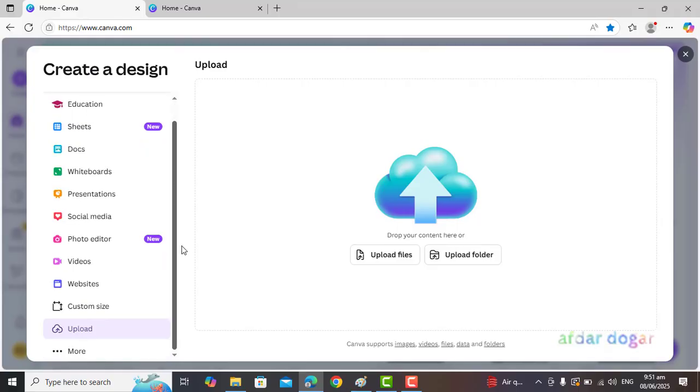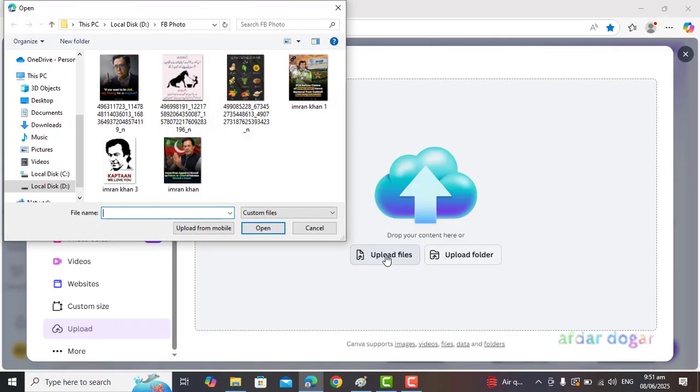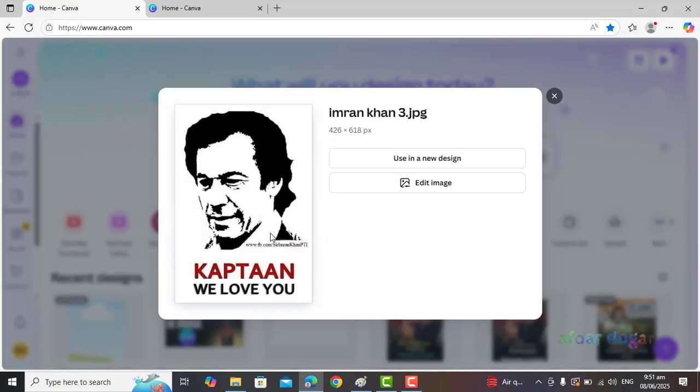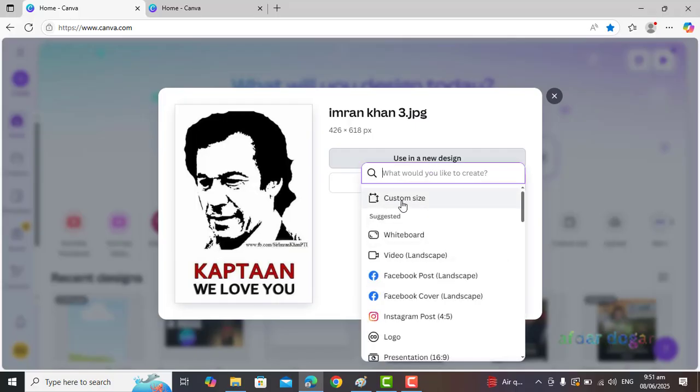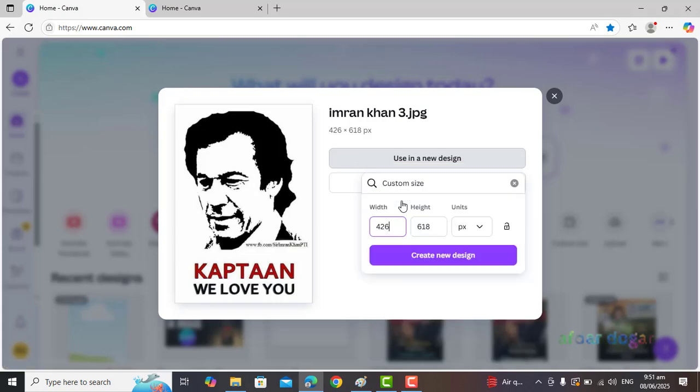and then click on uploads and then click on upload files. Select files, open, click on use in a new design and then click custom size, create new design,